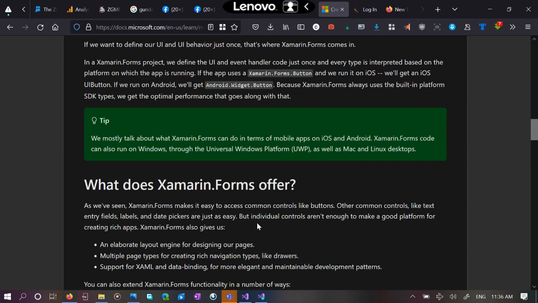But even if you just search mobile, like at the search bar right at the top there, the first thing that's going to come up is Xamarin Forms or Xamarin. Xamarin itself is a little complicated and a little less beginner friendly. Okay, Xamarin Forms, much easier. So for now,